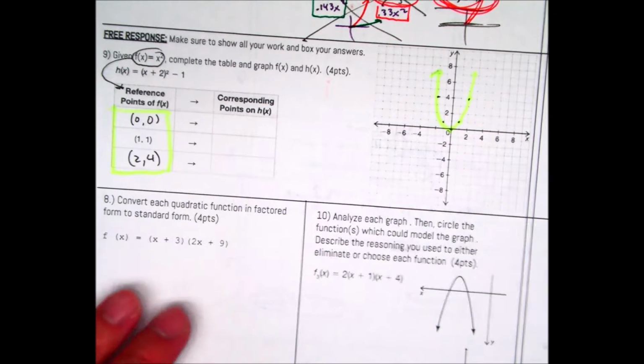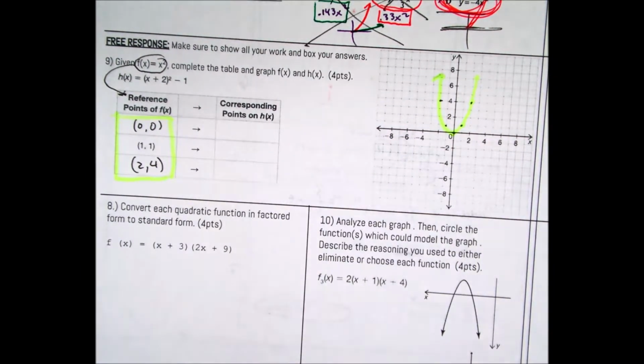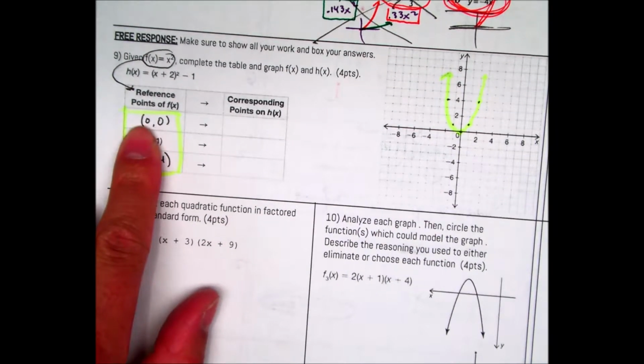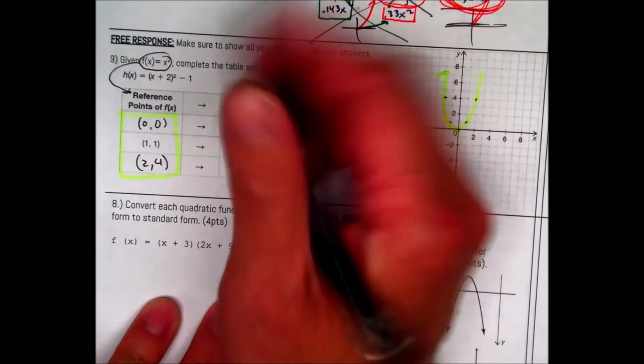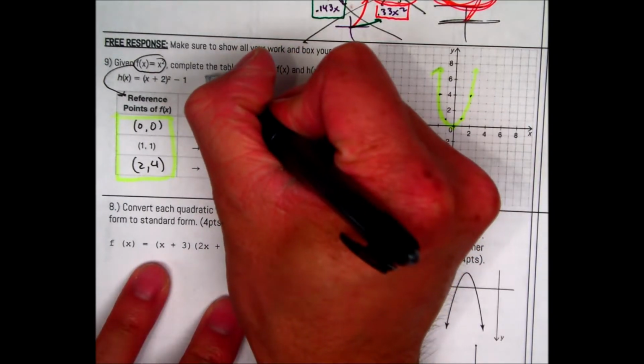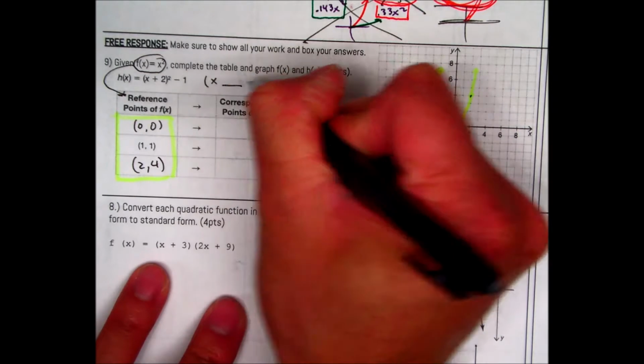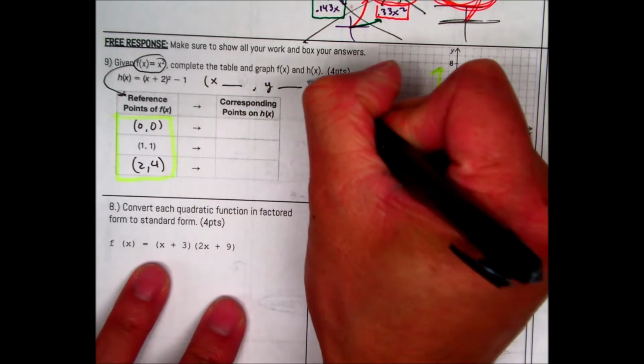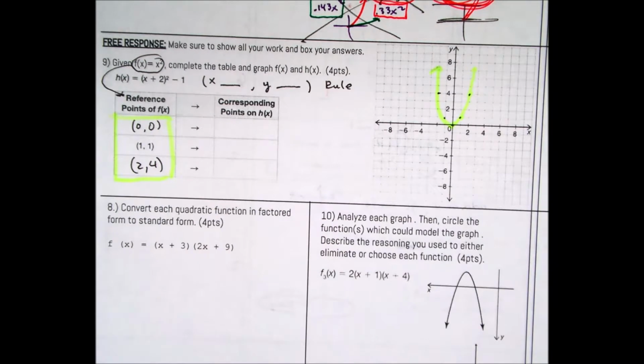Now, what do I do with the corresponding points? Well, you just basically take your values, 0, and you put it into our function. You can do a couple of things. You can create a rule. So this is a rule. This is one way of doing the problem. And in your rule, I'm going to show you guys my